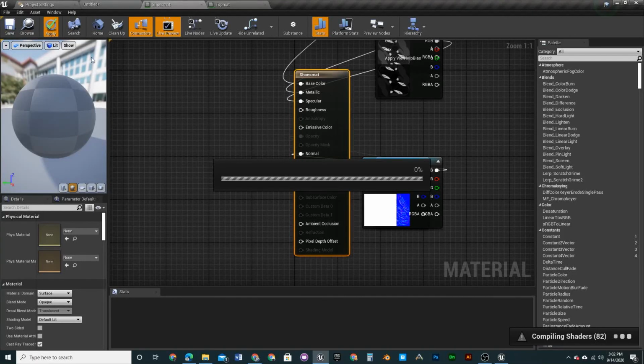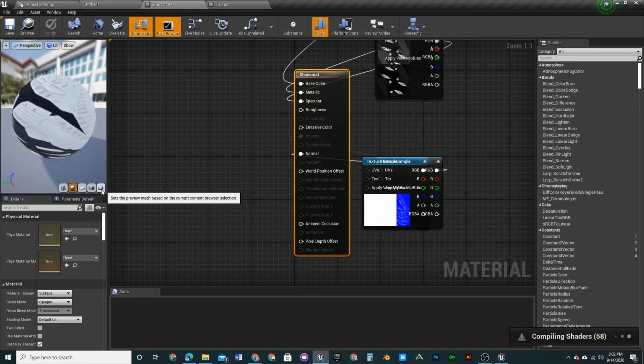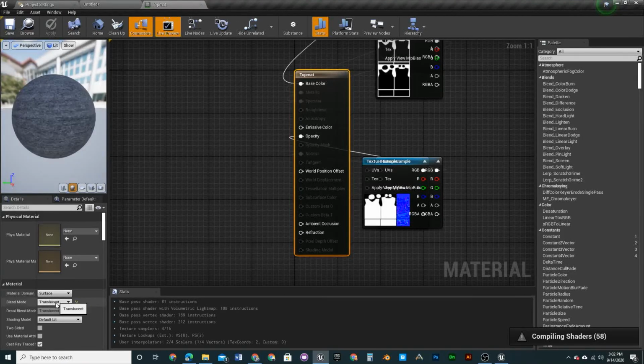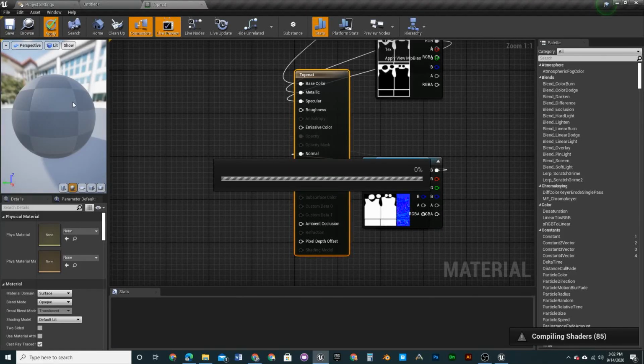So once this loads up, and then top matte, and then I'll show you the difference, and it will be very different. You can also, if you want to see the material in the actual person, go out and click on the person and then click this little teapot thing, and it will set the preview mesh to whatever it is. So top, and then opaque. Once this loads up,